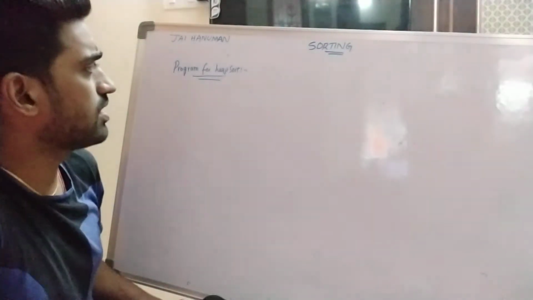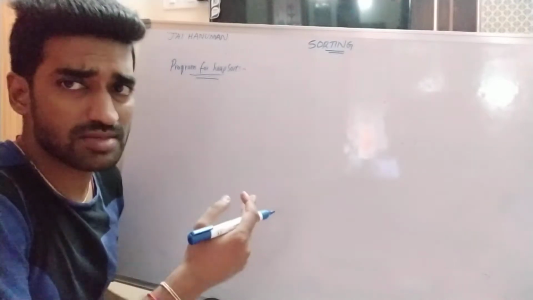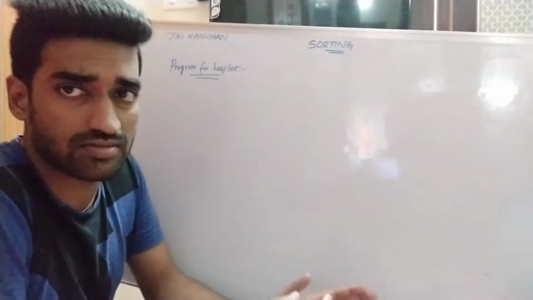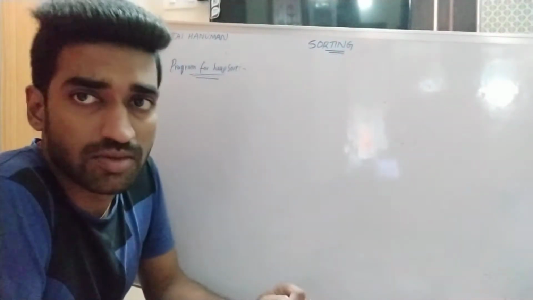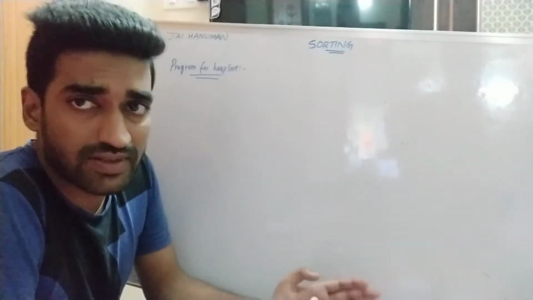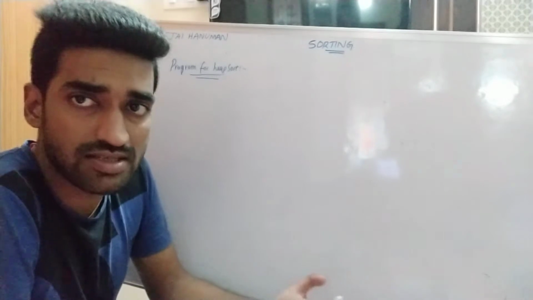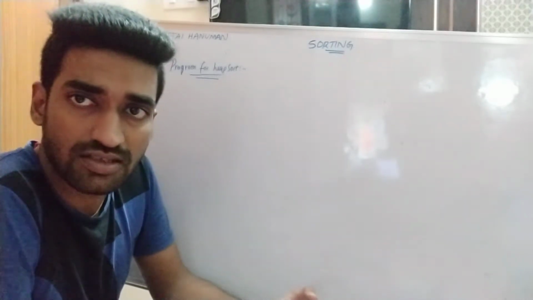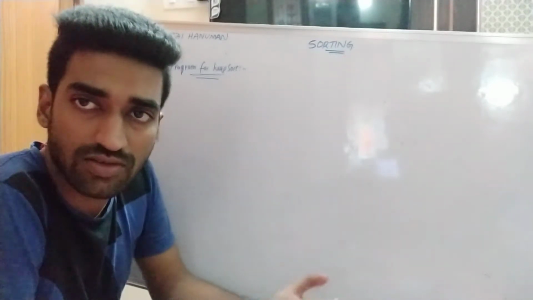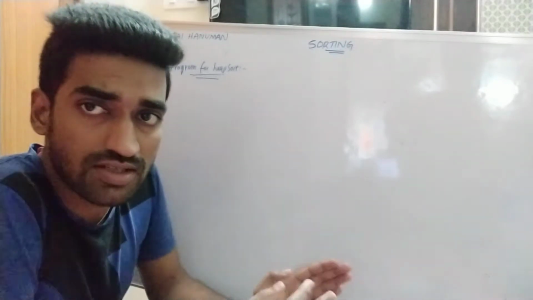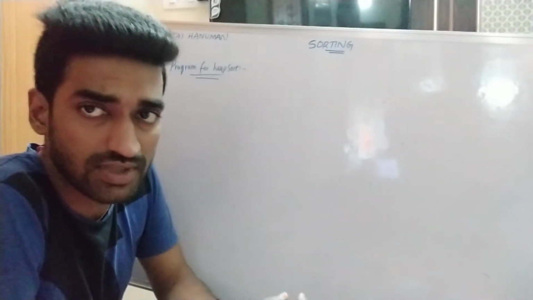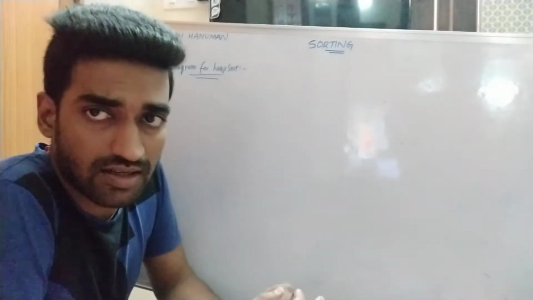First of all, for each and every C program, we follow some structure. Based on the structure only, we can write the program. For this program, I am using the functions concept. For functions, you compulsorily have to write three major elements: function declaration, function calling, and function definition. The function definition represents the actual process of the technique or method.